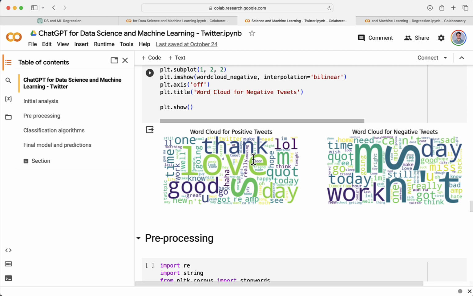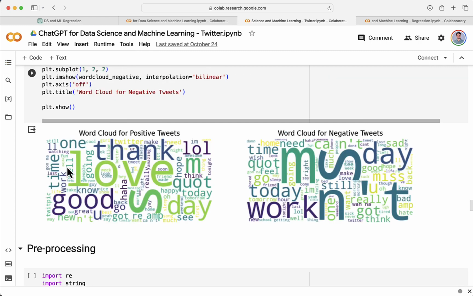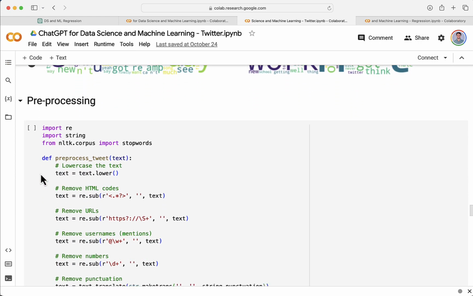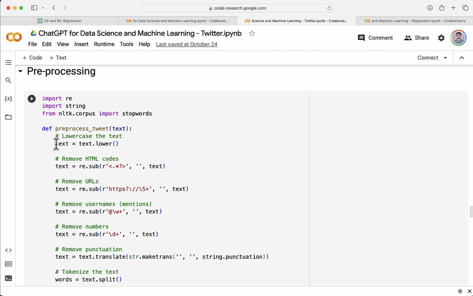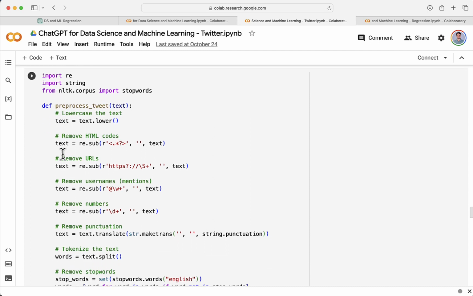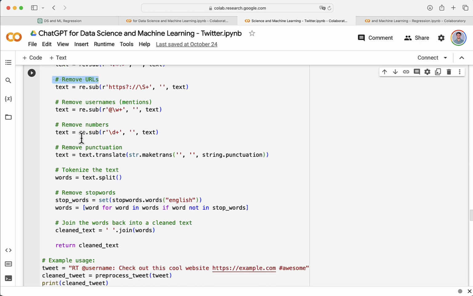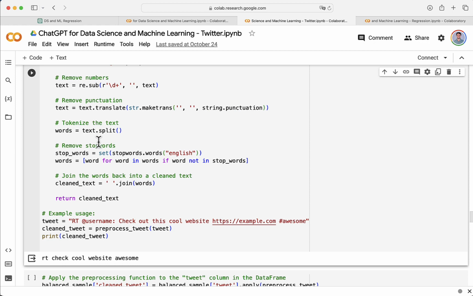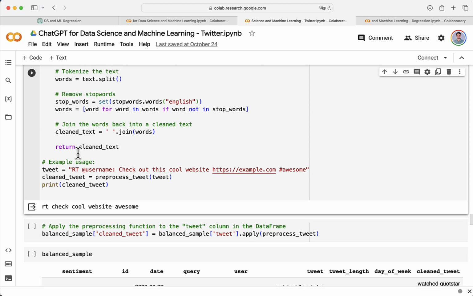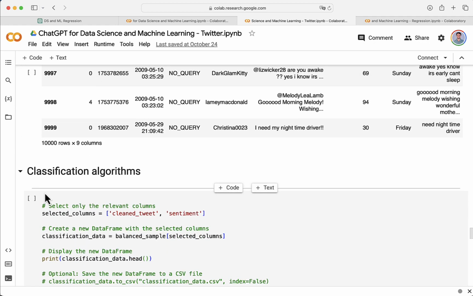Something interesting about this case study is that it is more complex than the others. All these functions to pre-process the texts will be generated by chat. For example, remove HTML codes, remove URLs, punctuation, tokenization, stop words, and so on. And then we are going to be